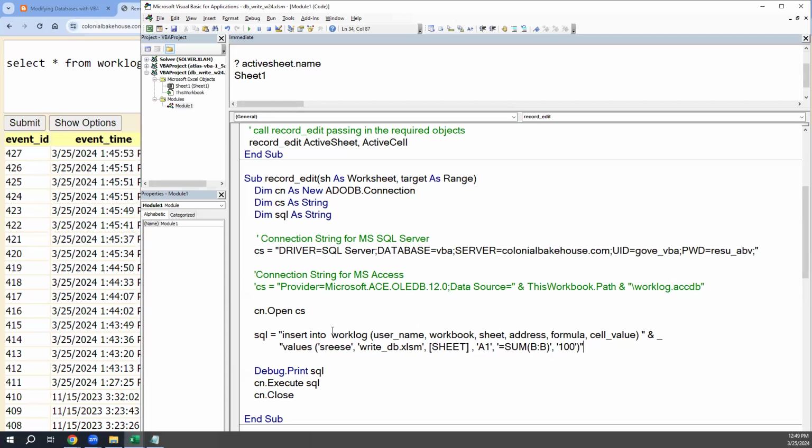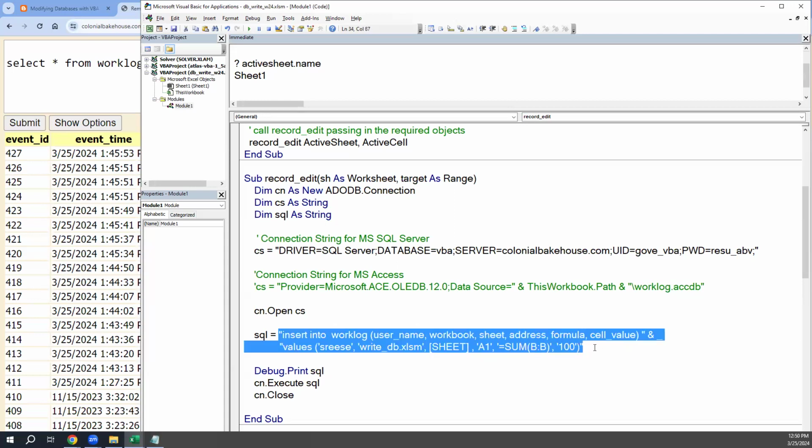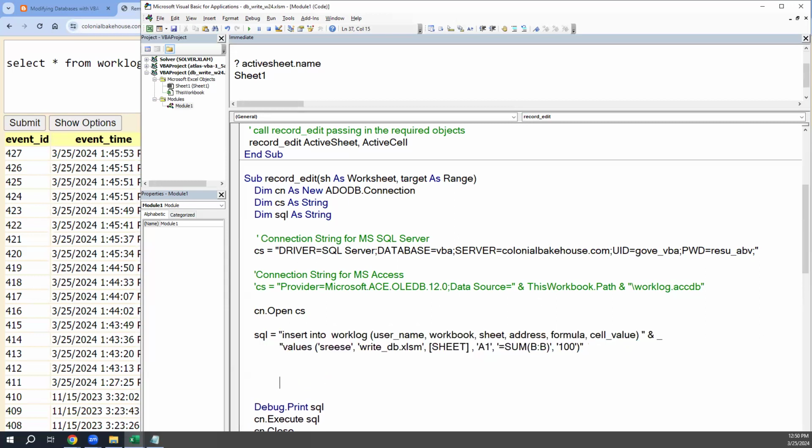So one approach would be for me to take this statement and build it up with different variables. But instead of starting with a not fully formed structured query language statement and building it up, I'm going to say, give me the full thing written out with some parameters in it, and then I'll just replace the parameters. So my SQL is starting out this way, and then I'm going to come here. You know what? I just want to actually change everywhere inside that SQL. I'll use the replace function. I'm going to look at SQL, and every time it says square bracket sheet, I want to replace that with